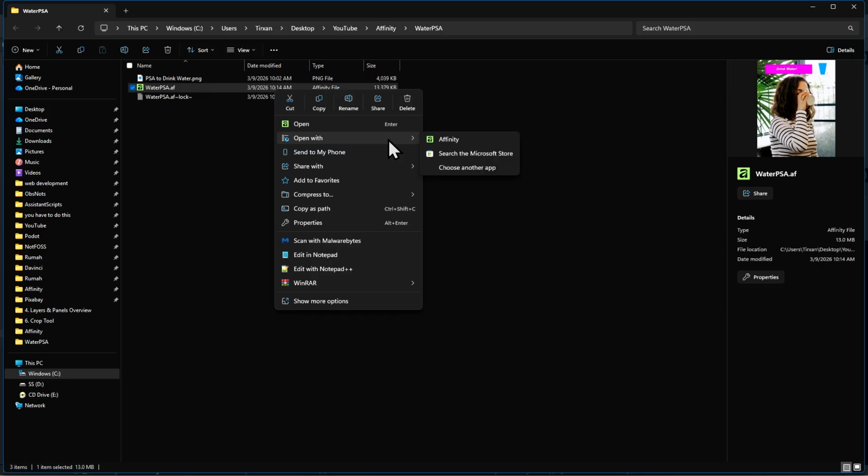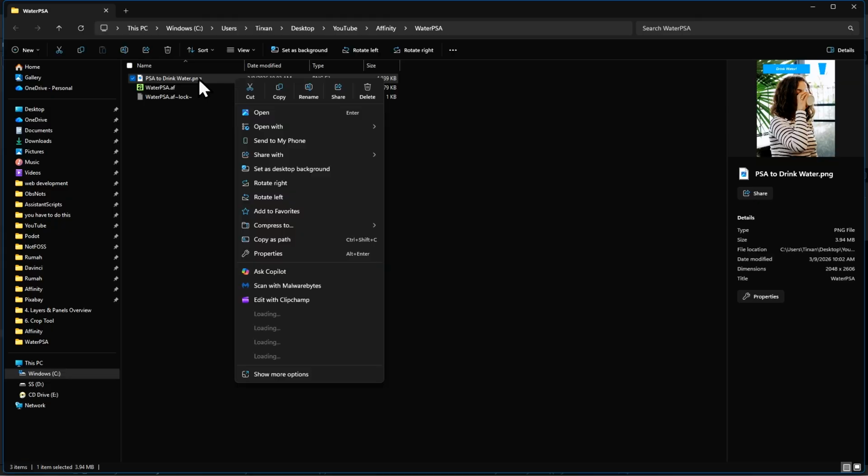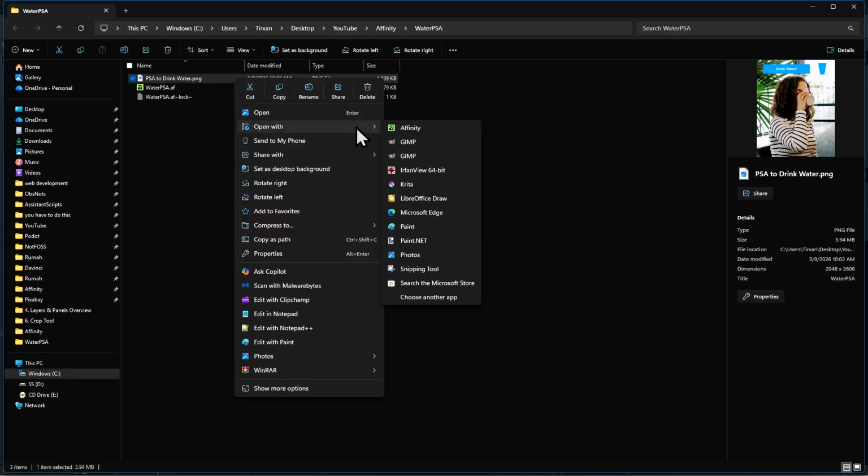And boom, going into open with, we can see that the only app we can open it with is Affinity. On the other hand, if we right click on this PNG file and go into open with, we have a lot of other options: IrfanView, Photos, which are both apps for viewing images.